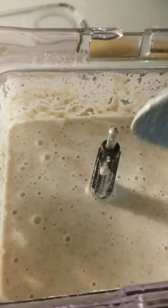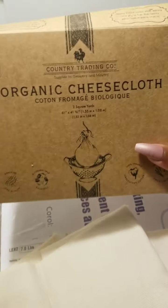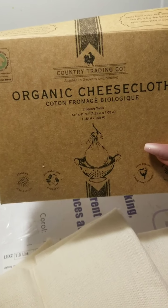But don't worry about all that, because I have the cheesecloth. Alright? Boom. I got this from Amazon. Okay? This is what it looks like. Alright. And then I'm gonna squeeze it into the pot. So I'm gonna lay this over the pot. Not the whole yard, okay? I'm gonna put part of it right in there. Okay? And then pour the mixture over it, start squeezing it in so I could get that graininess out of